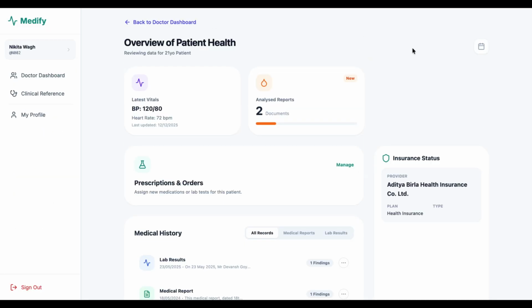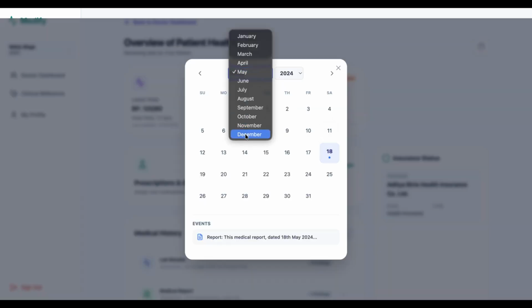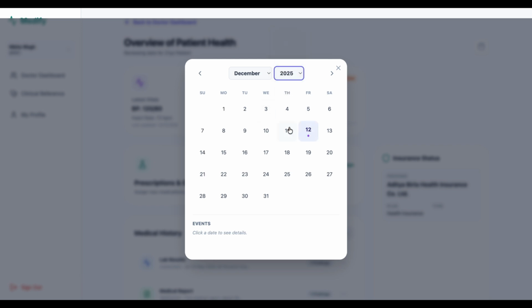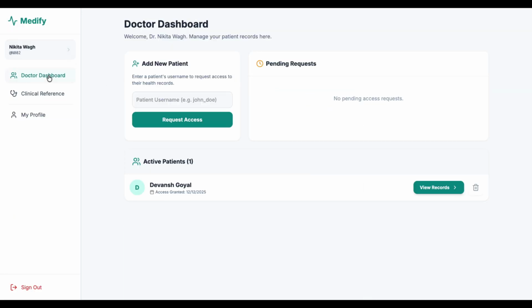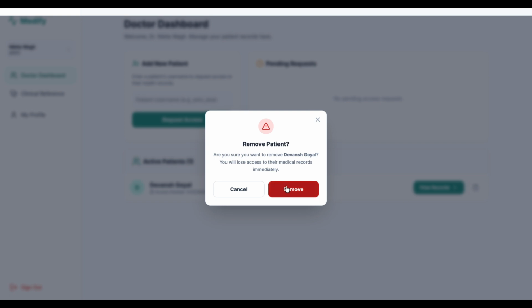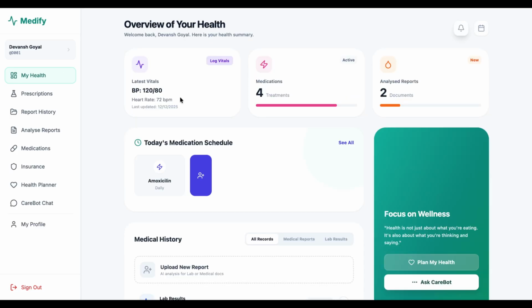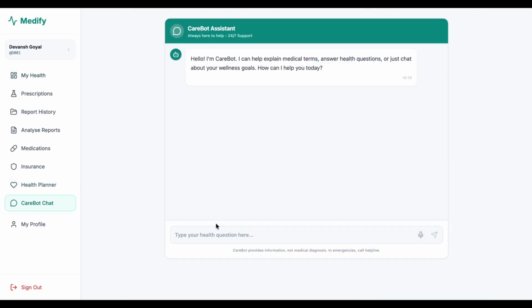You also have the option to edit the profile anytime. In the My Health section, there is an option to log vitals. If you save these vitals from day to day, there you go. 12th of December is marked as purple because a vital has been logged. Similarly, this will also be displayed over here, vitals logged, so the doctor can see what's happening in the patient's